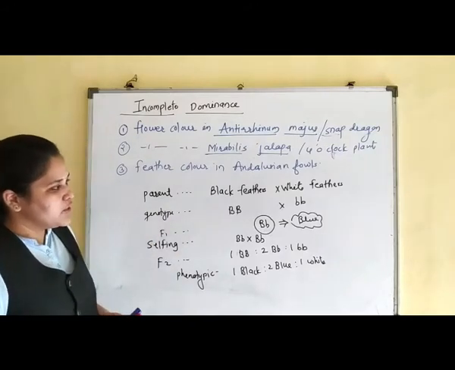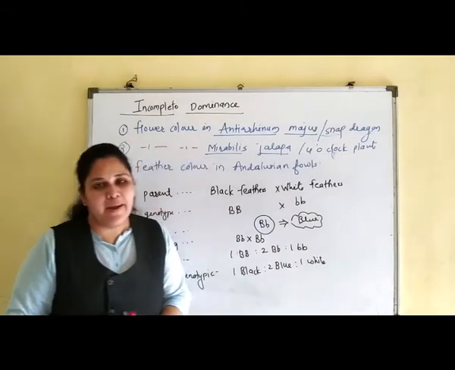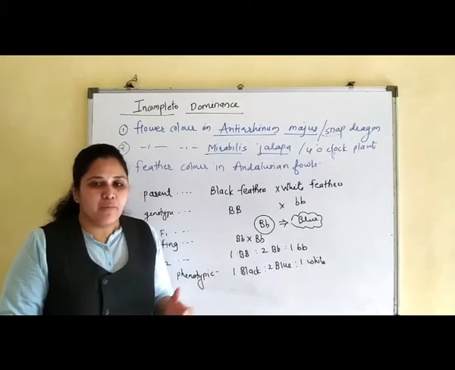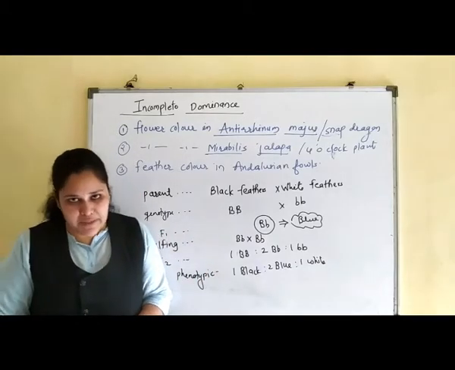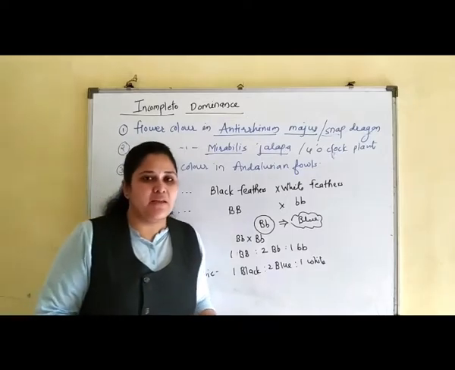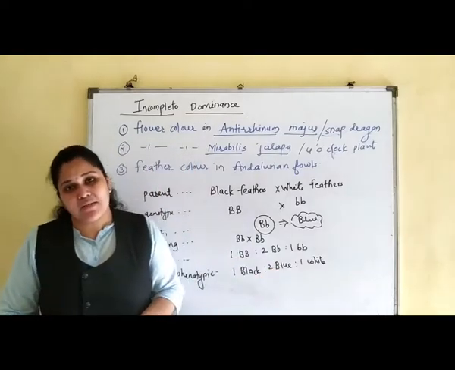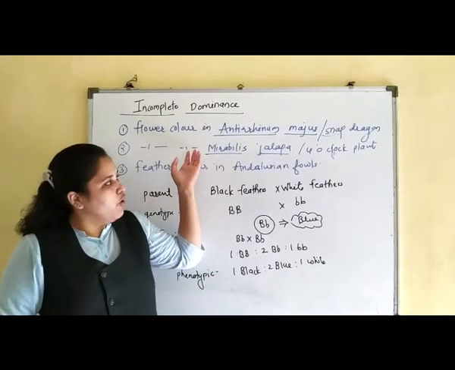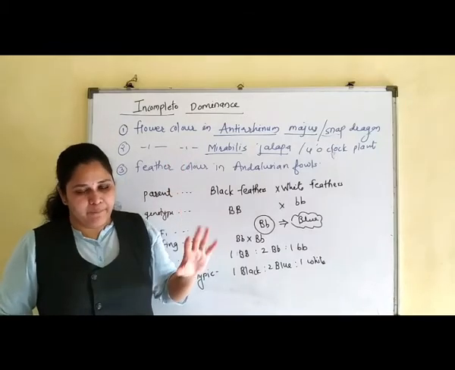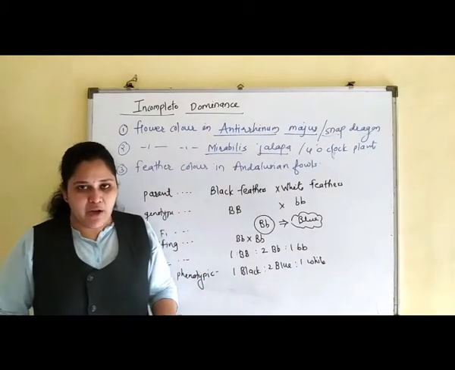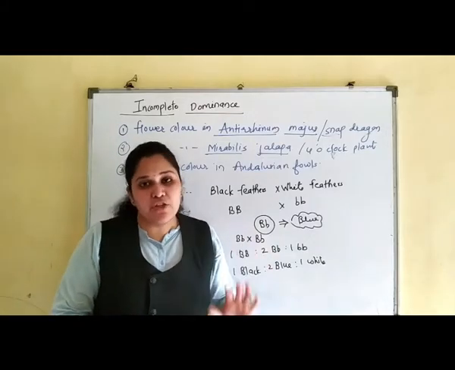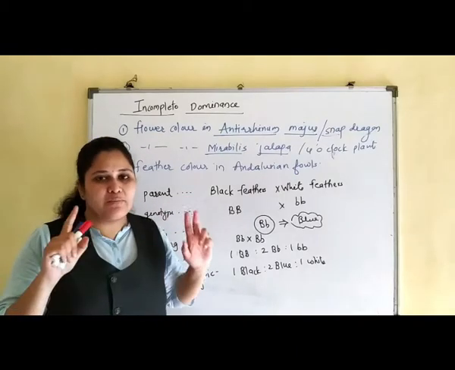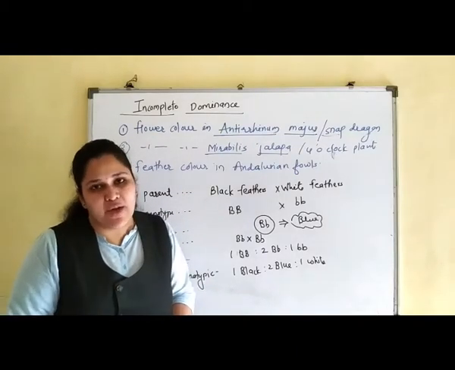Fine. Now on this, a board question can come: compare the results of incomplete dominance, or how incomplete dominance varies from Mendel's law of dominance, or how the inheritance pattern of flower color in Pisum varies from the inheritance of flower color in Antirrhinum majus or in Mirabilis jalapa. So there you have to write the comparative account. In case of Pisum sativum, there is complete dominance, whereas in case of Antirrhinum majus, there is incomplete dominance. So you are supposed to draw the cross, and you have to write the explanation.